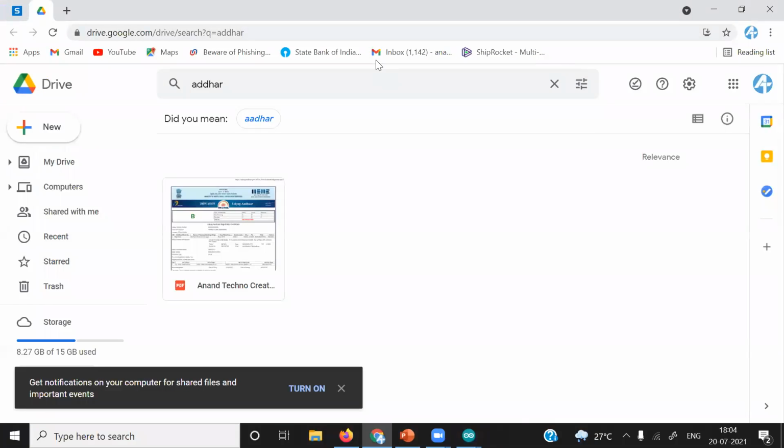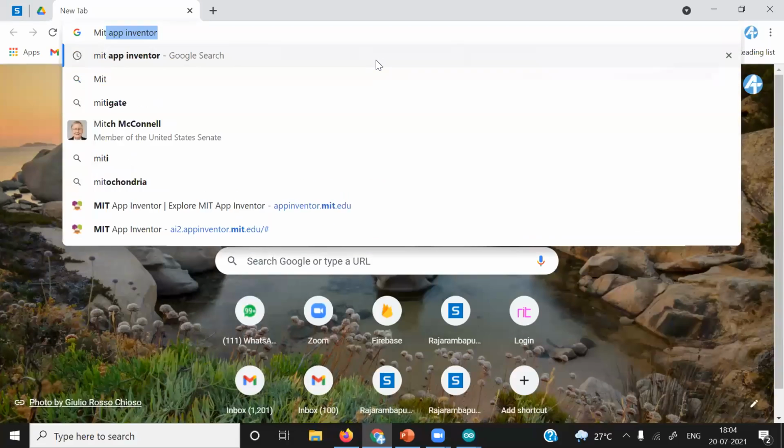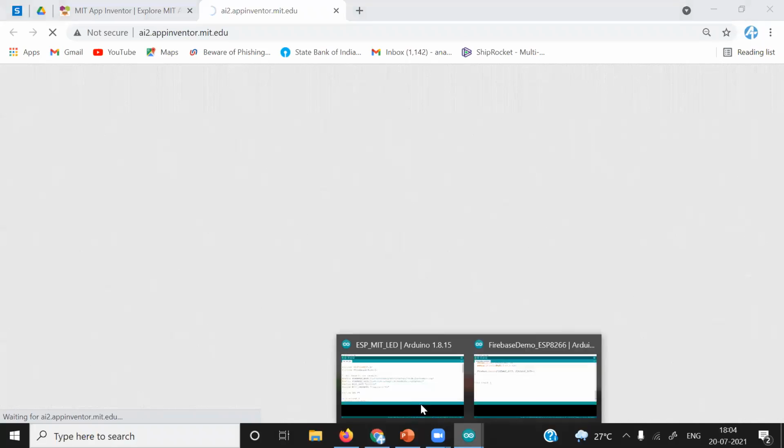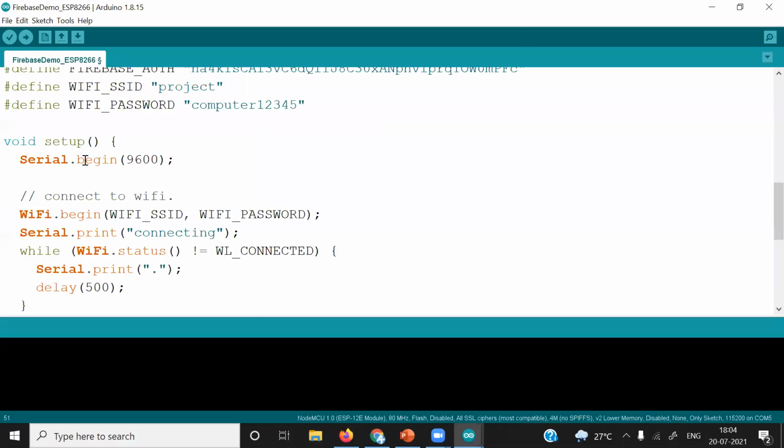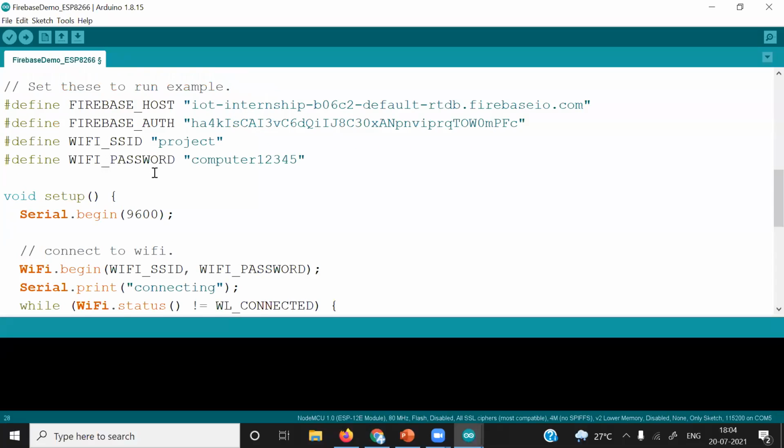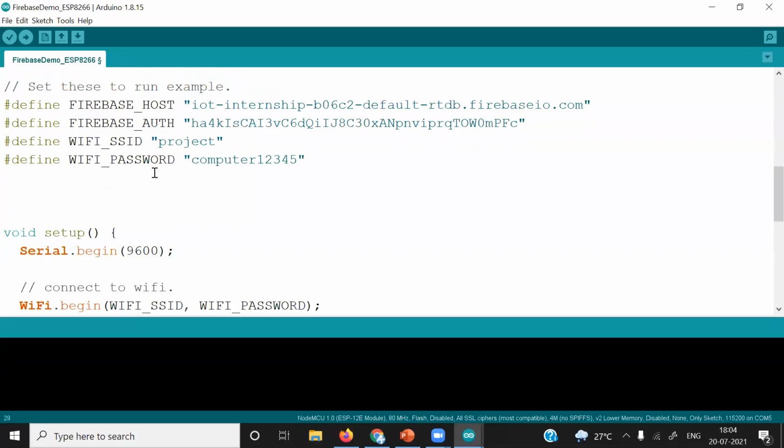So yesterday we created an app using MIT App Inventor. I will just quickly open that. And using that MIT App Inventor, we wanted to control built-in LED of ESP8266. So we want to control ESP8266 LED. That is the reason we have to define LED first. LED pin. To define a LED pin, use hash define. I will use a variable name as LED and assign D0 to it.